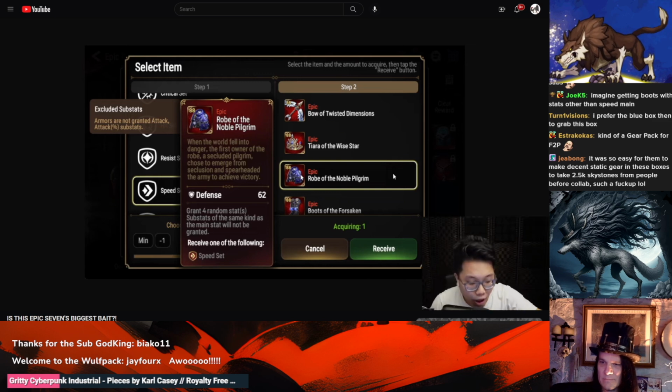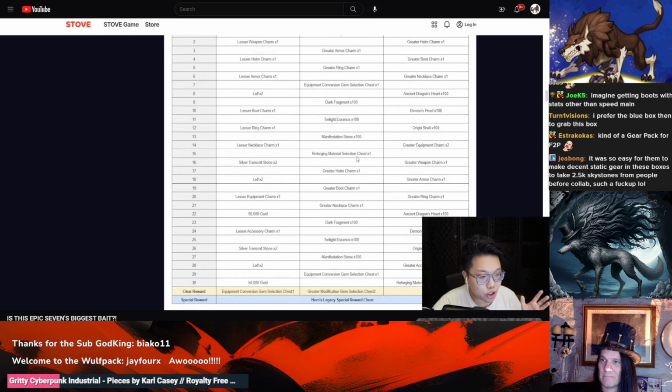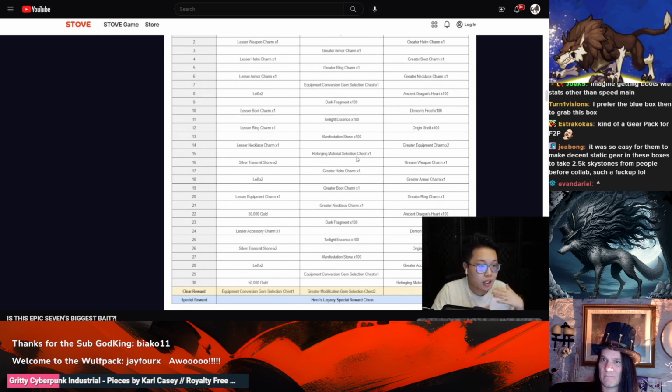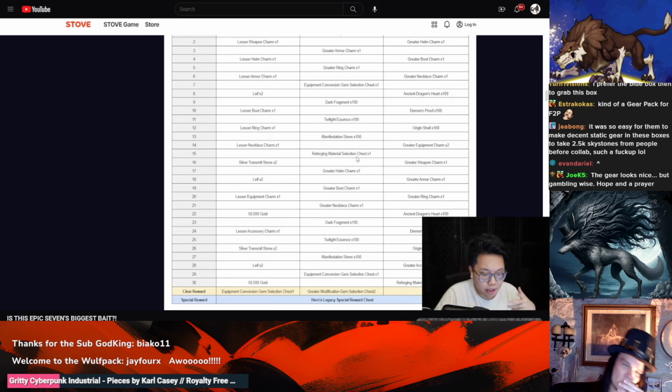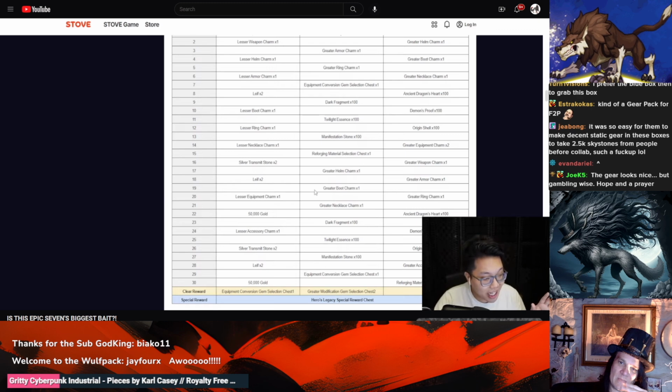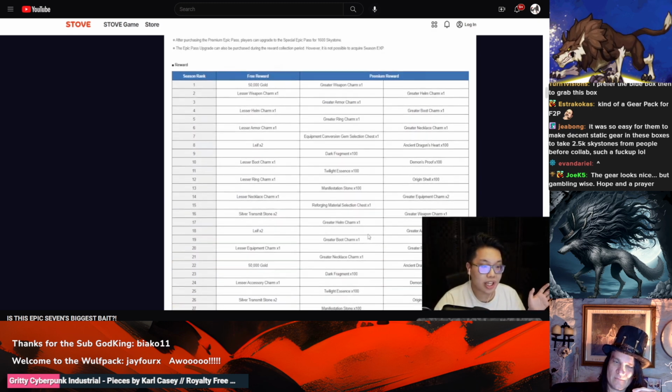Again, it's a super RNG box. And again, a lot of these things are things that you can get just by waiting. But if you are a bit impatient, by all means, I could definitely see a reason for you to purchase the premium version of the pass, but not even, honestly, the Heroes Legacy section, because, my goodness, that just...